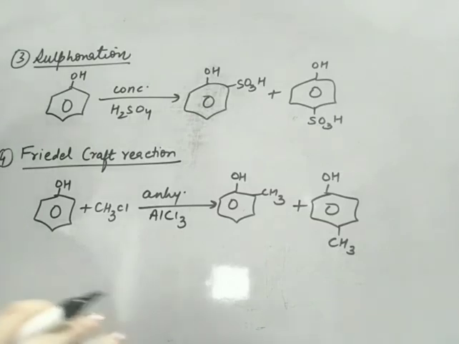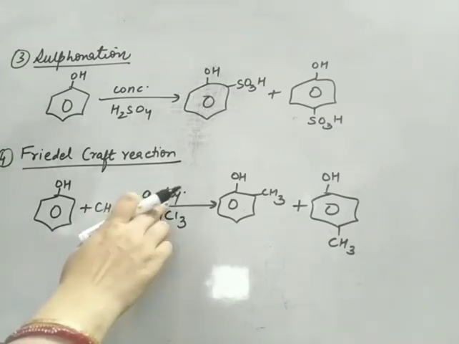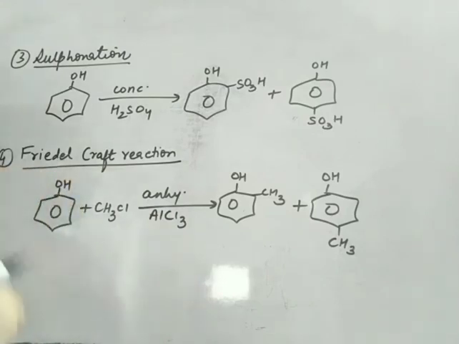Okay. However, phenol does not give Friedel-Crafts reaction very readily. The reason is in phenol the oxygen atom has lone pairs. So the OH group acts as a Lewis base and AlCl3 is a Lewis acid. So this AlCl3, what will it do? It will coordinate with this OH group. So the yield of these alkyl phenols is very